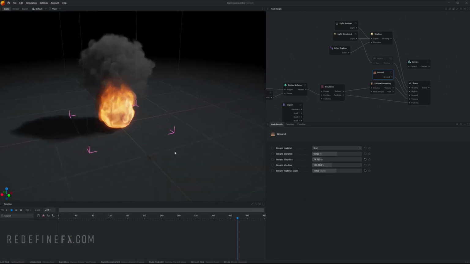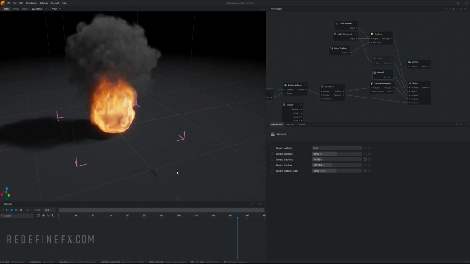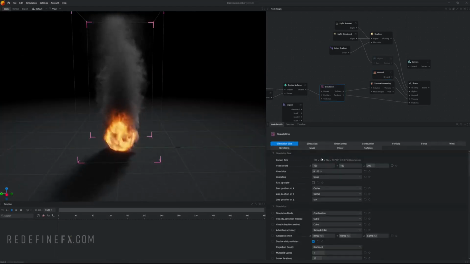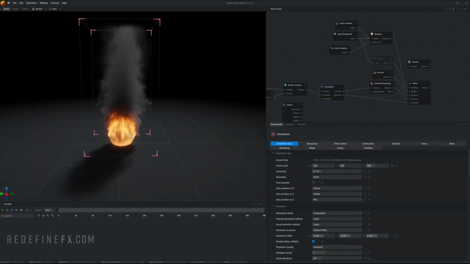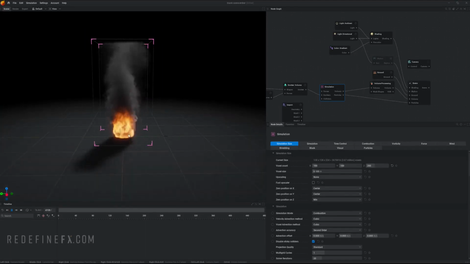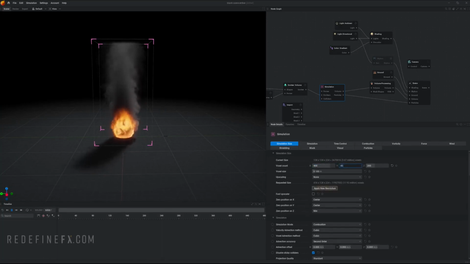So you might think, okay, that makes sense, but what if I want to do a huge simulation of, let's say, a volcano that is 50 meters in diameter? Well, your first instinct might be, I need to make my simulation box much bigger. And you might do something like set this to 400 by 400 by, let's say, 300, apply a new resolution,